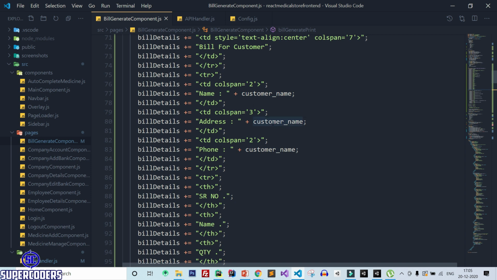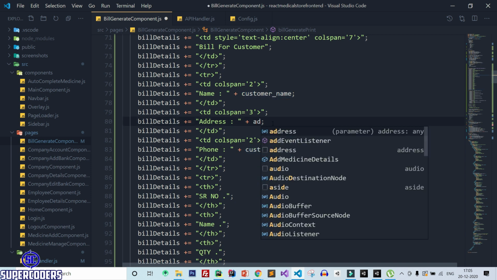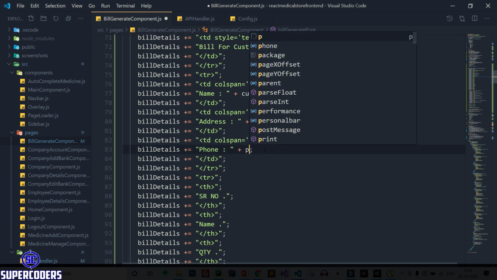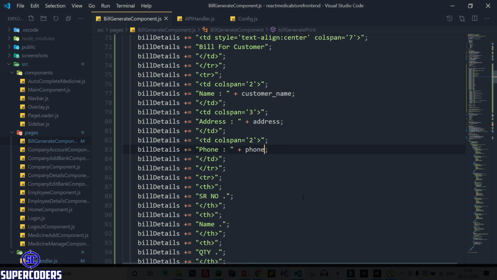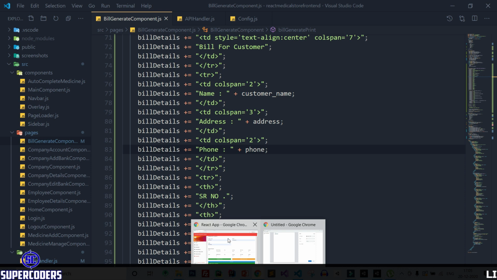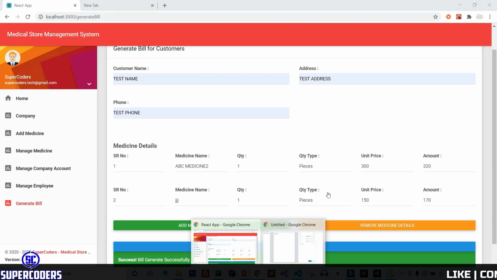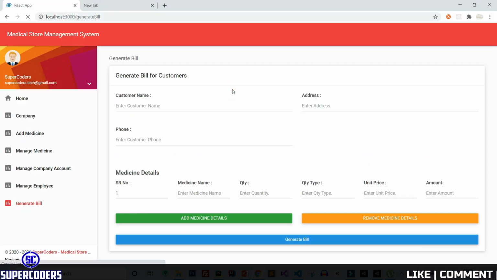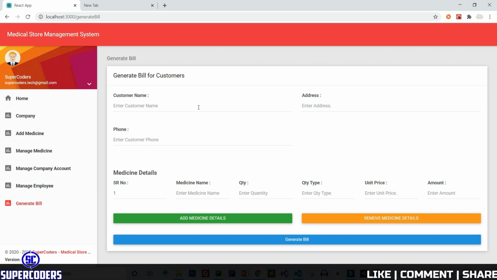Everything is perfect. Also I change this to address and change this to phone. Now save it. Back to Chrome. Let's close this window. Now check again.